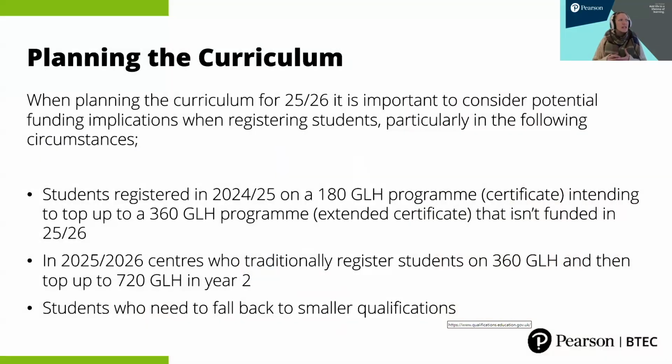Well, there's a few key things to consider between the transitionary period between applied human biology and the medical science qualification, the AAQ, that's coming in. So when looking at the 2025-2026 curriculum, we need to consider some key things to make sure that we have a full progression of qualification